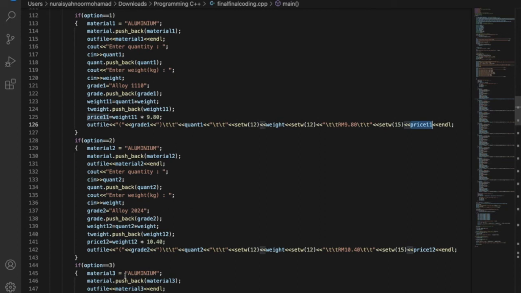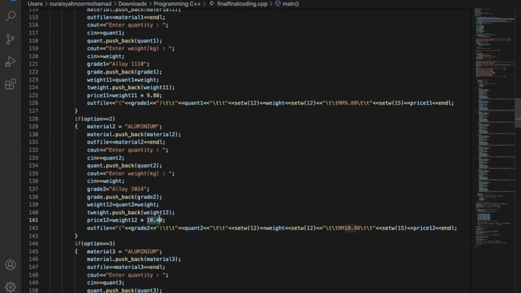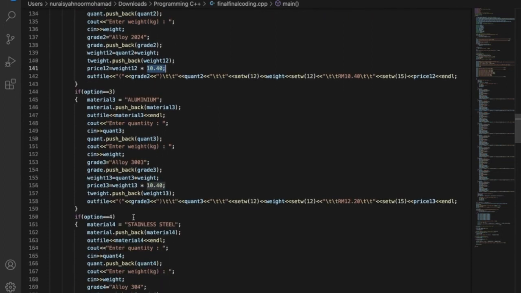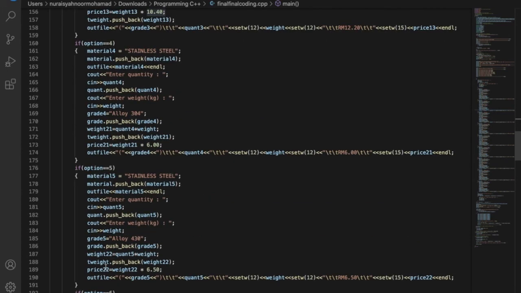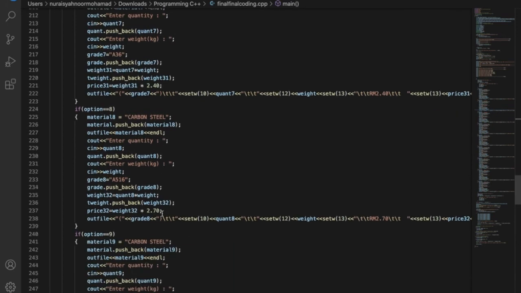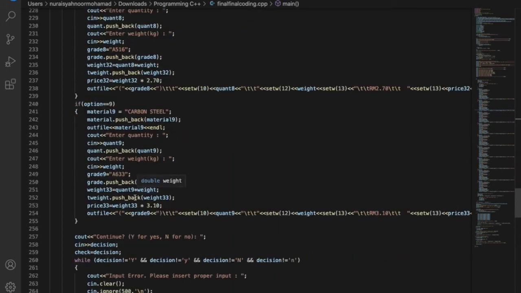Same as option 2, the difference is only the grade 2, which is alloy 2024, and also the price of this material for grade alloy 2024. And same goes to option 3, option 4, 5, 6, 7, 8, and 9. So for example, we take option 1. So every time the user inputs the value until the weight here,